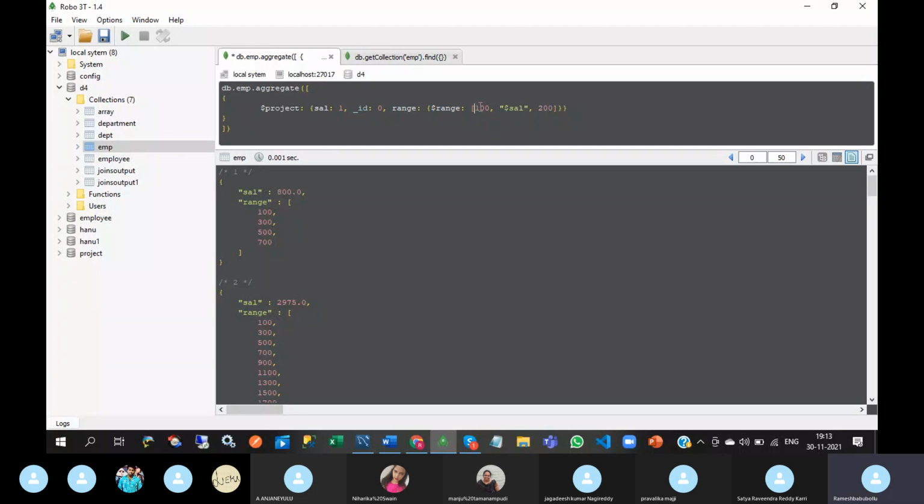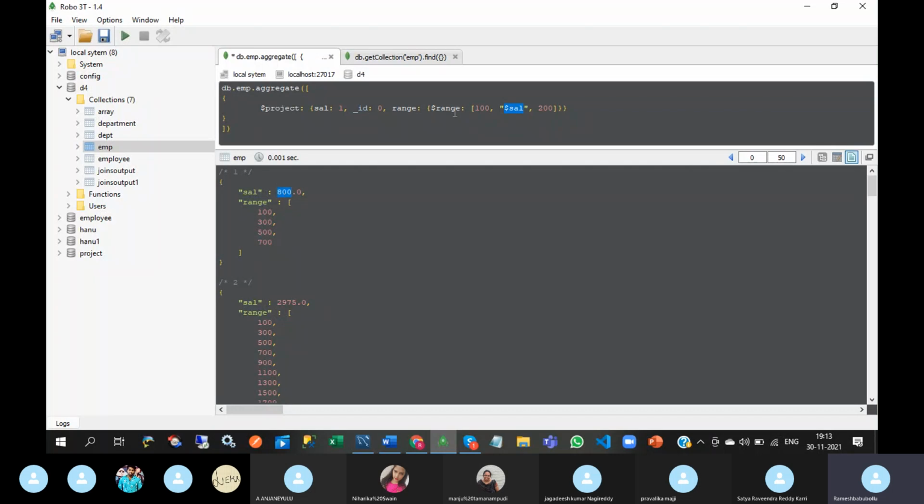It will add 200 for every iteration till you reach this salary value. So first is 100, again 200 will be added, 300, again 200 will be added, 500, 200 will be added, 700. Next, 200 will not be added. Why? Because if you add 200, it will get 900, which is more than 800. So it will not be added.